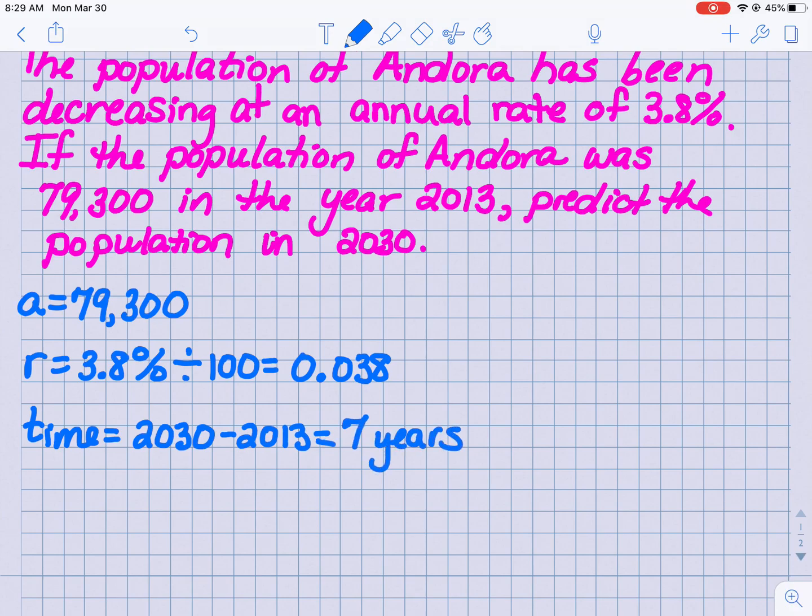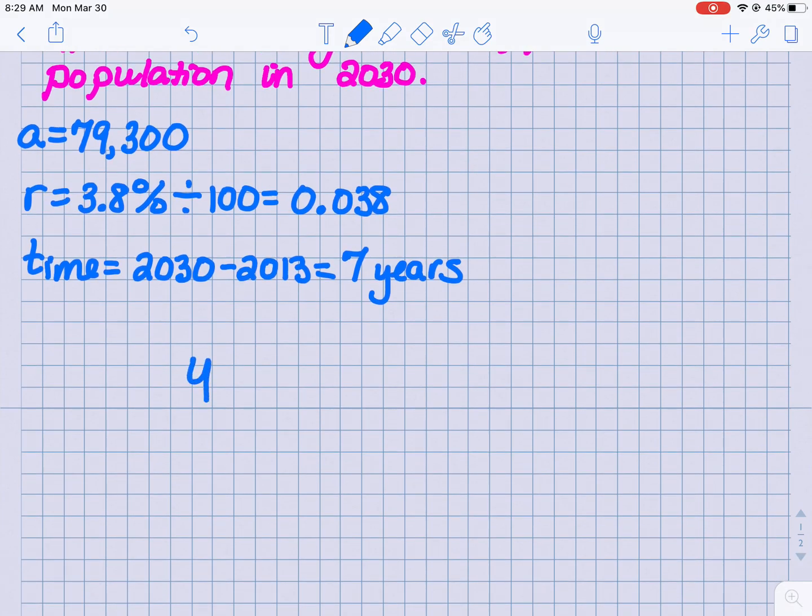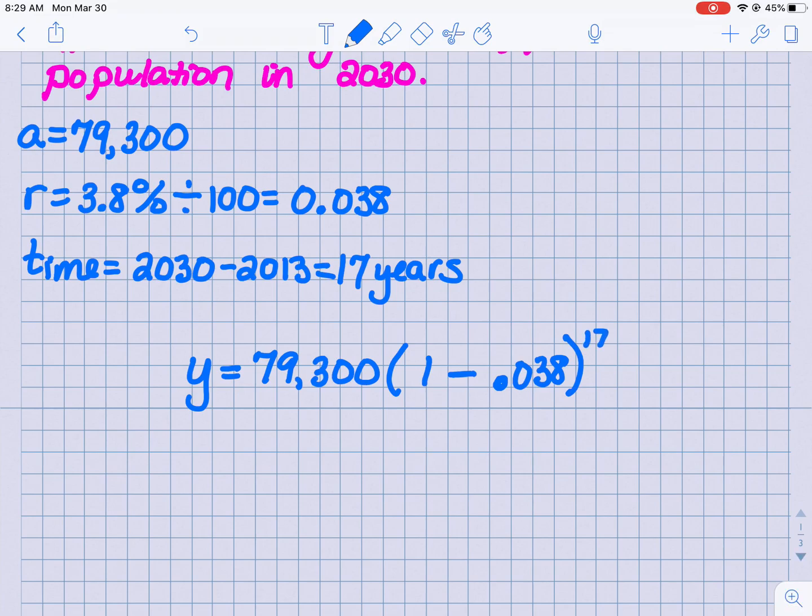Okay? Now we can plug that into our equation. Y equals 79,300 parenthesis 1 minus 0.038 close parenthesis raised, oops, it's not 7 years, it's 17 years. Sorry, I don't know how to subtract. Raised to the power of 17. Okay? So you're going to get out your calculator and you're going to get your mathematical answer. In this case, the mathematical answer was